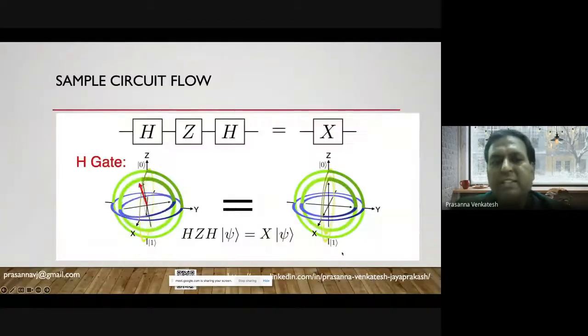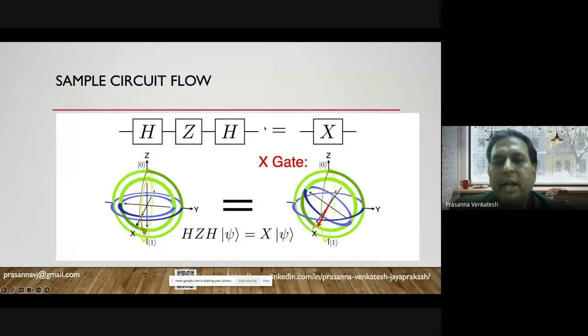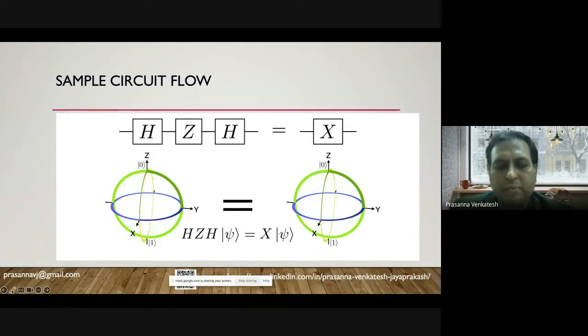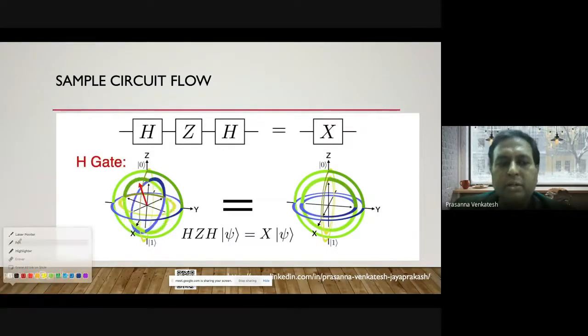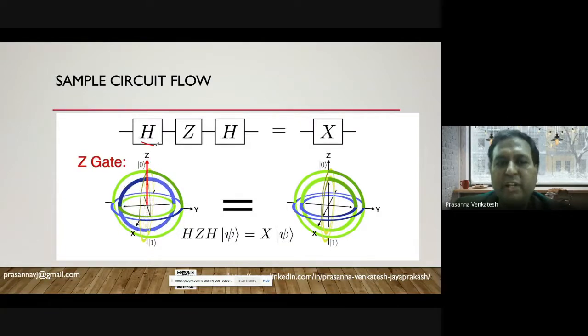So the first example is, there are 3 gates being applied here. Those 3 gates were performing some operation, and the result is equivalent to another gate that you see here. Okay. So now here there is something called the H gate. The H gate is called the Hadamard gate.